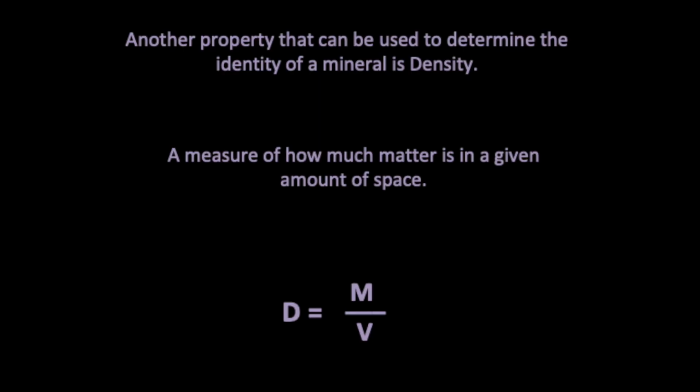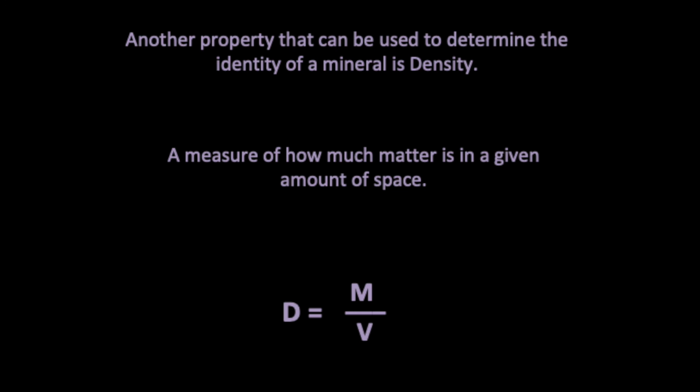And we also have another property that can be used to identify a mineral, its density, which of course is equal to its mass divided by volume. And you might be asking yourself, well, how can we figure out a mineral's density? You can take a graduated cylinder and fill it with water and drop the mineral into the graduated cylinder, and that would give you the amount of displacement. If we measure the mass of the mineral and divide it by the displacement in milliliters,